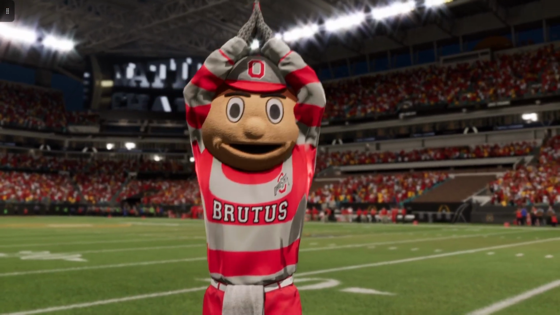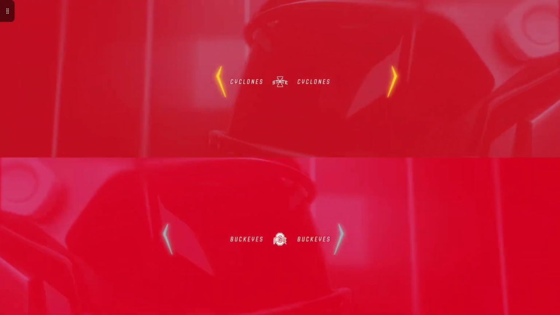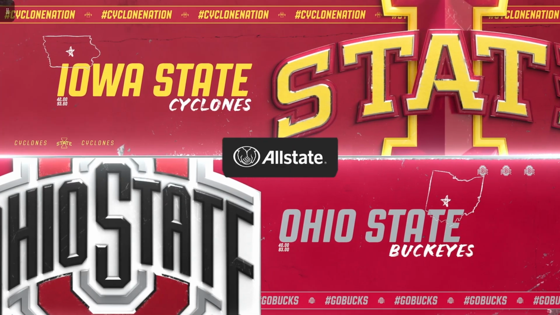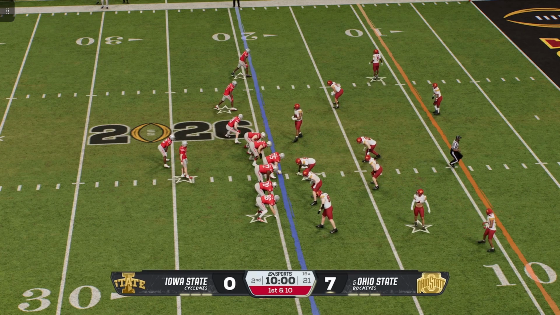Well, Kurt, Ohio State has the lead here after one. So both teams settling in this battle for the national championship. Through one quarter, let's check out the game summary. Well, they flipped into the field. We're set for the second quarter. The national championship trophy is in the building. Back at it to start the quarter.